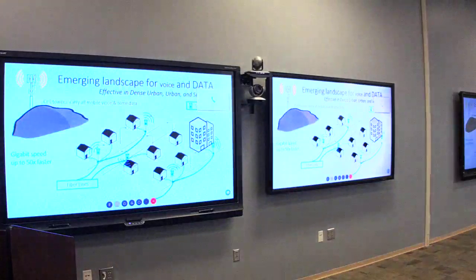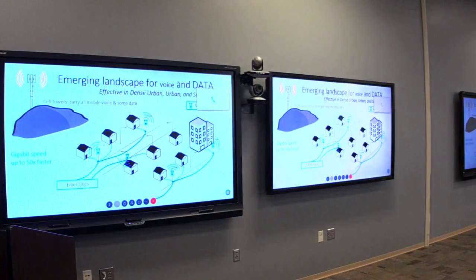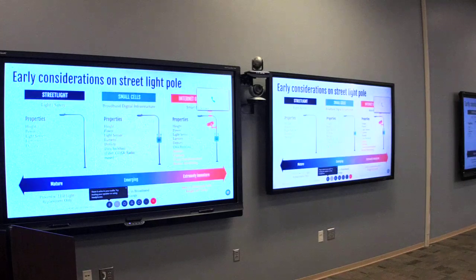And at the same time, we saw an emerging landscape for how data and connectivity were going to have to be emergent for us to connect all things, manage all things in a safe and secure way, but to provide better services with fewer people through that intelligence. And we also had the reality that our vertical services were going to be more valuable than we ever had realized. So it's kind of ironic that smart cities are going to be built largely on dumb holes. But the streetlights and with the smart cells and other sensors,